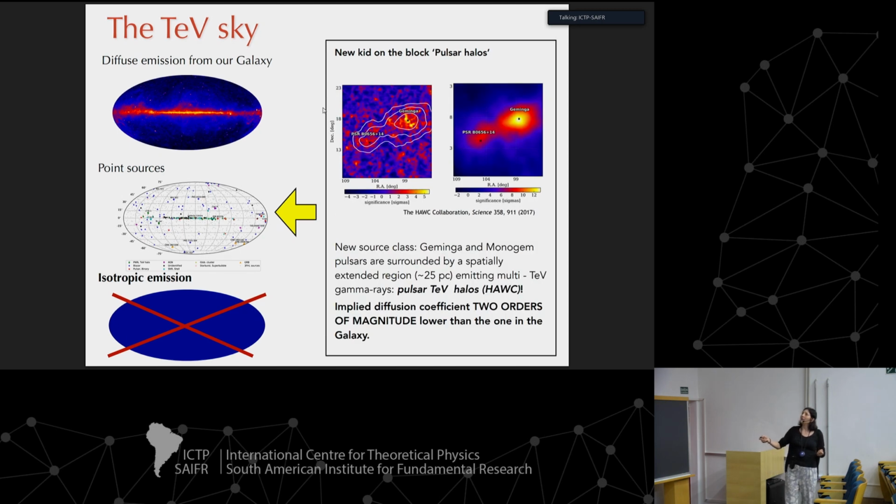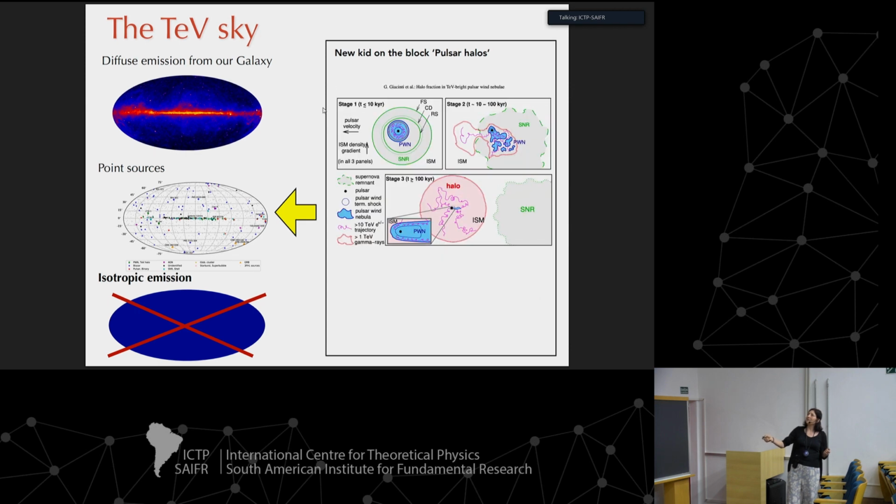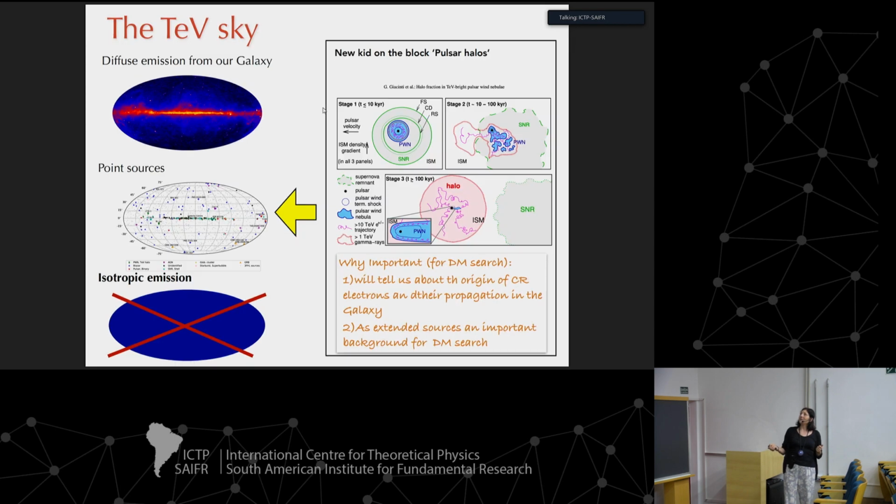And moreover, the diffusion coefficient, the way they diffuse within this pulsar halo, is very different from the diffusion outside. Okay, so all this is very interesting for astroparticle physicists to understand the origin of cosmic ray electrons in the galaxy. But it's also important for dark matter search, okay? Again, we're learning new astrophysics. As we learn it, we have to incorporate it in dark matter search, because if you are to look for dark matter, we have to know